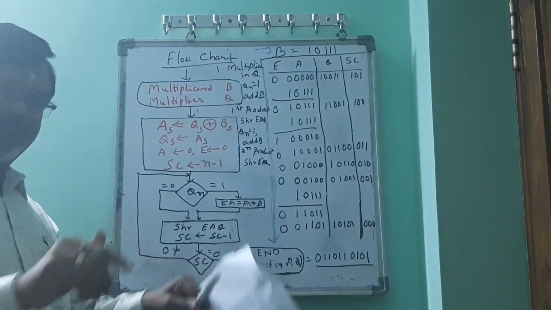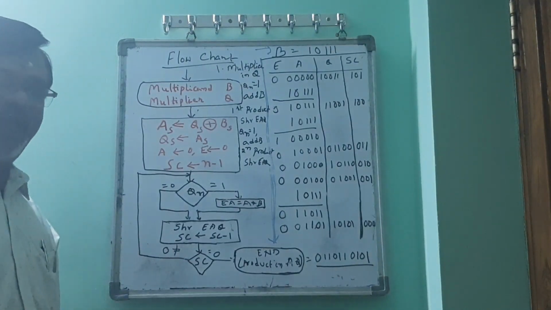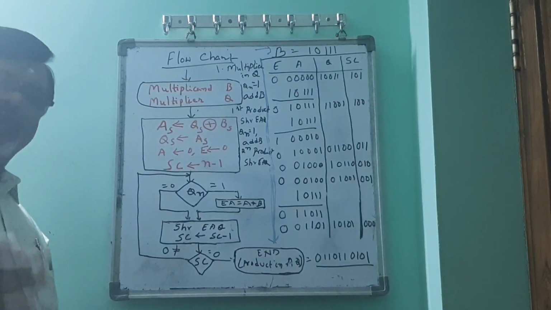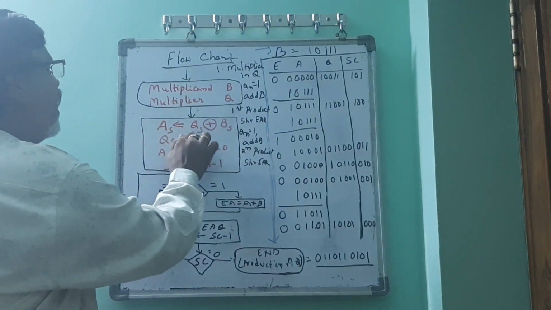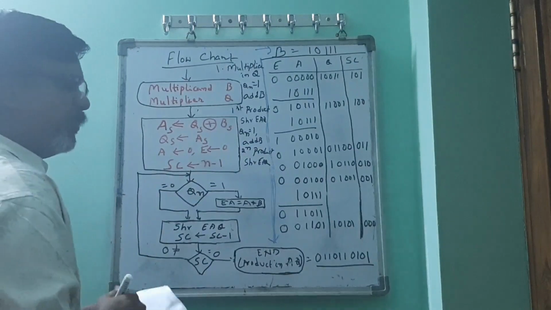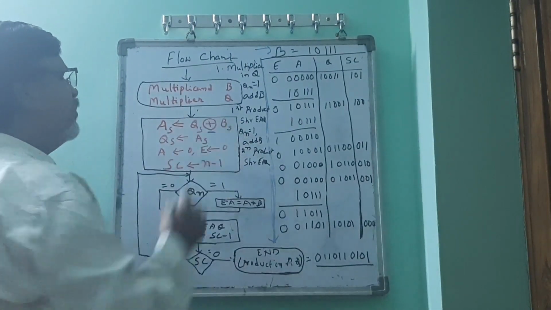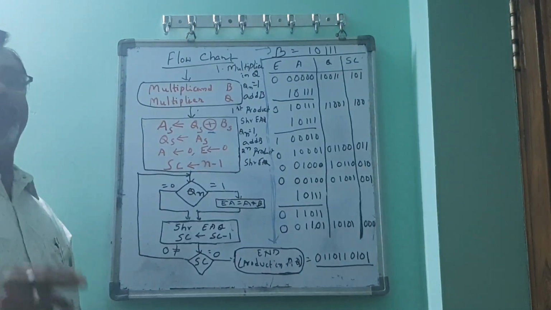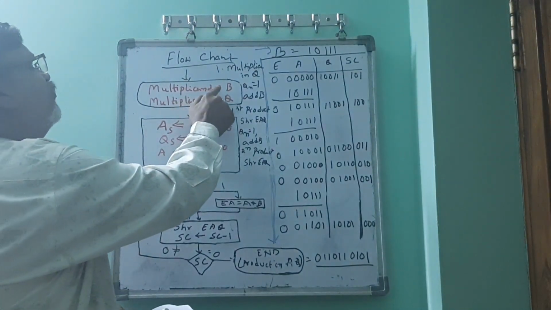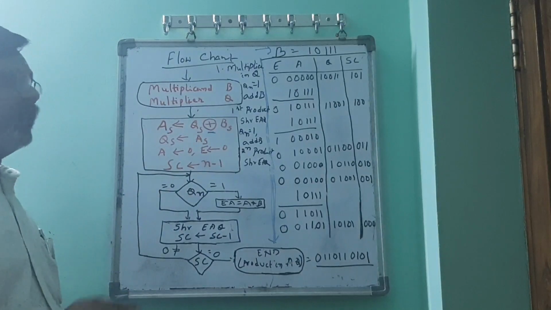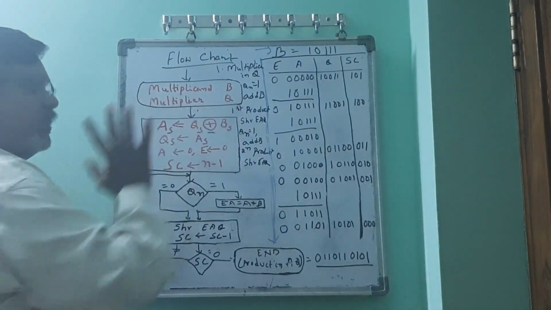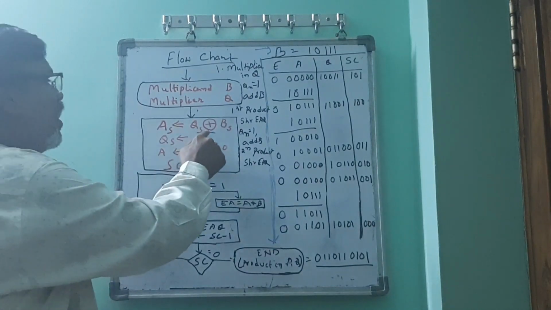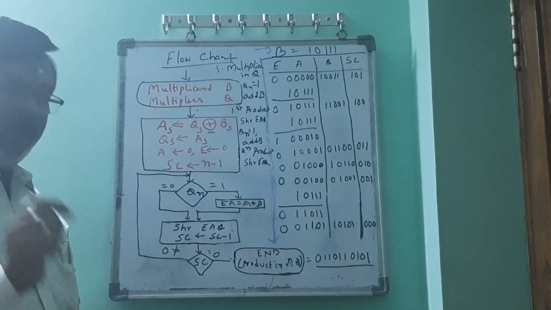You know, A will be nothing else. It is 0. Initially, no value is stored in A. That's why we are performing the XOR operation here. We are performing the XOR operation between the two input sign bits. So, the sign bit of B is BS. The sign bit of Q is QS. These two sign bits are XORed.